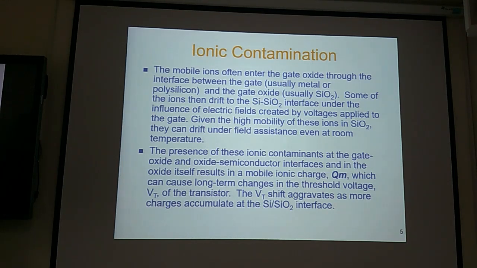Some of the ions can drift to the silicon dioxide interface under the influence of electric fields created by the voltage applied to the gate. Given the high mobility of these ions in silicon dioxide, they can drift under field assistance even at room temperature. Yes, because for the